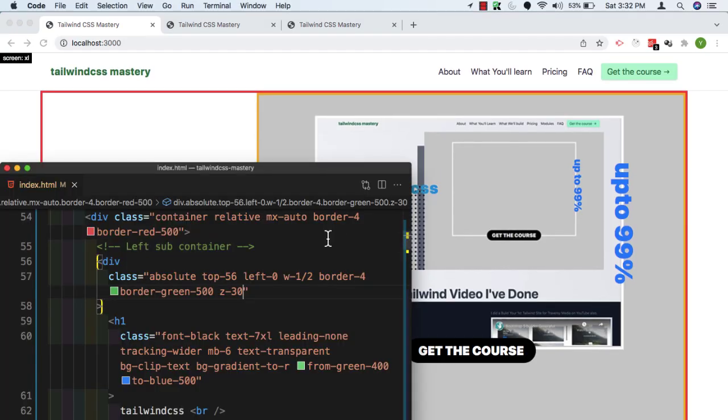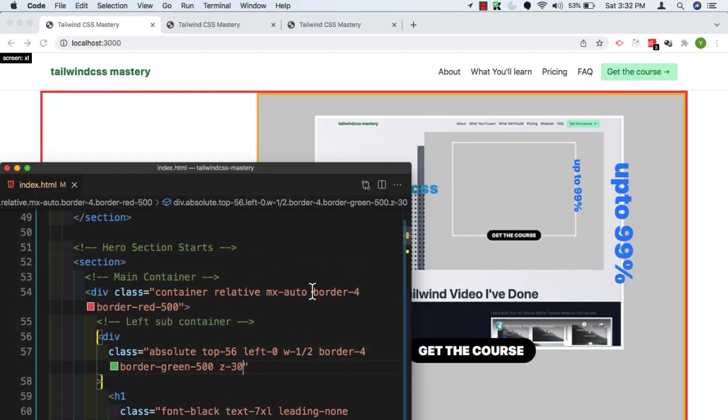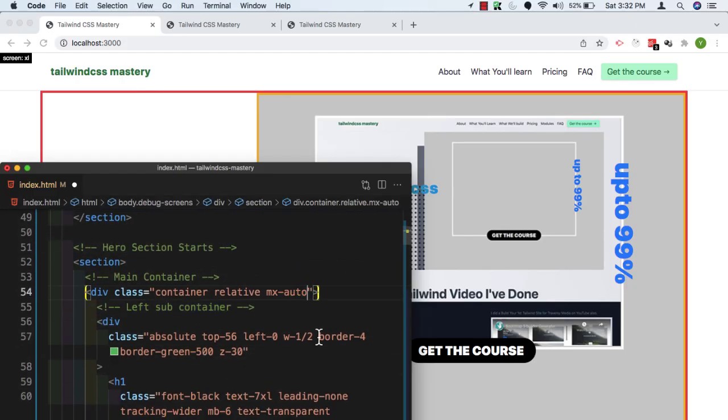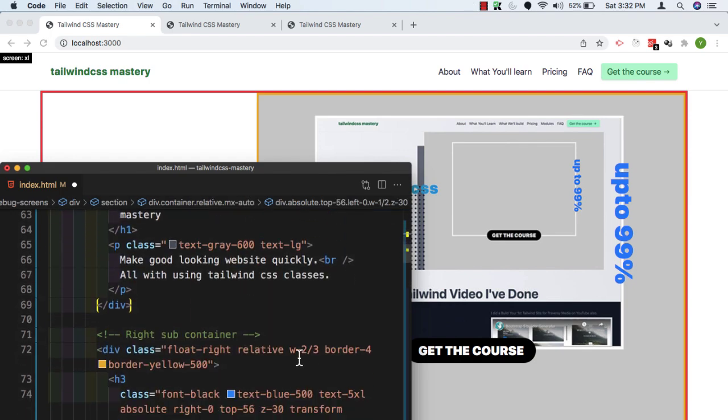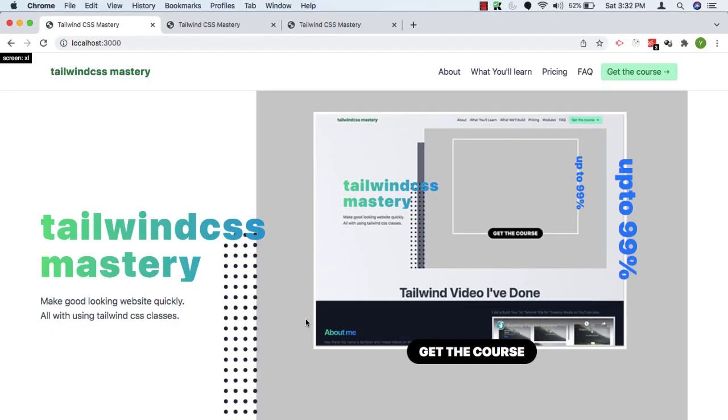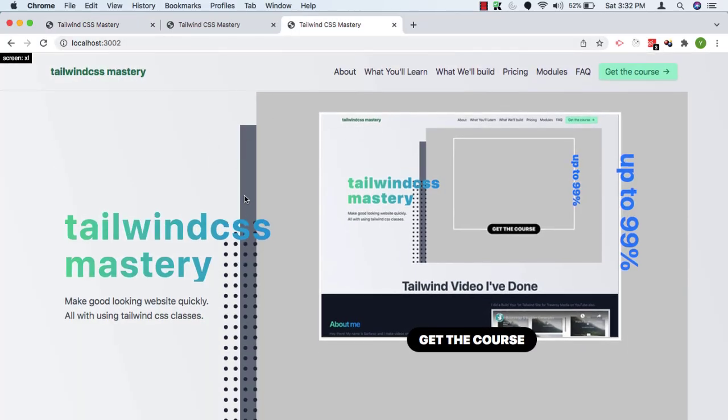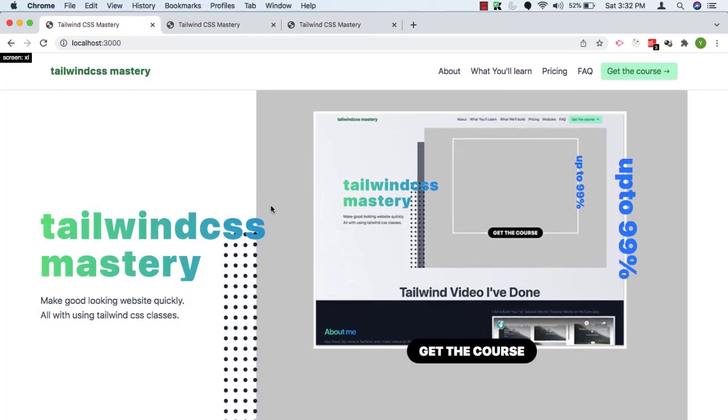Let me remove all the borders which I have given. So remove this border, let's remove this border, and there was a last one in the right container. Save this. Okay, so now it is looking good. It is matching to our design. Okay, there is one thing, this empty div which we have kept,